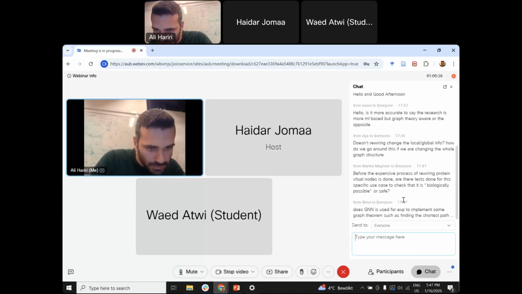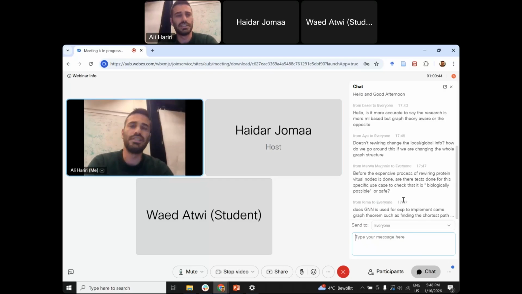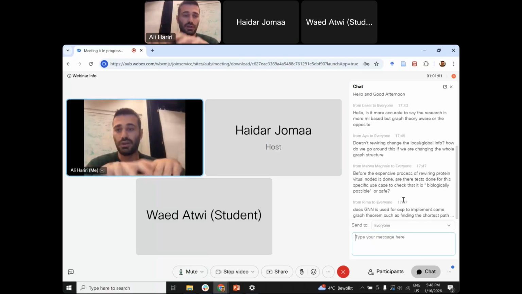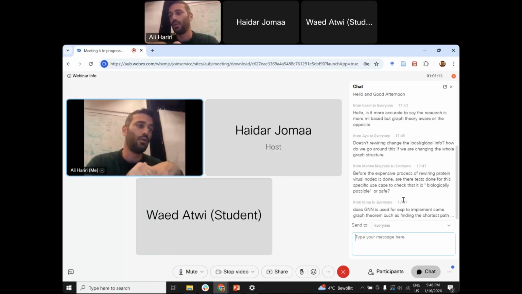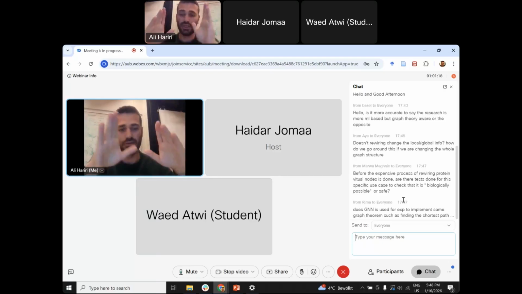No. All of these benchmarks are assessed based on the classification performance and based on the fact that the machine learning model can now better distinguish a certain family of proteins. And this is, as I said, because in this lab, at least, we are not fundamentally biologists. The goal of this project is more to show that given a large-scale system, whatever it is, doesn't have to be a biological system, we can improve the information flow and reduce the bottleneck by introducing virtual nodes and by doing an attention-based rewiring.